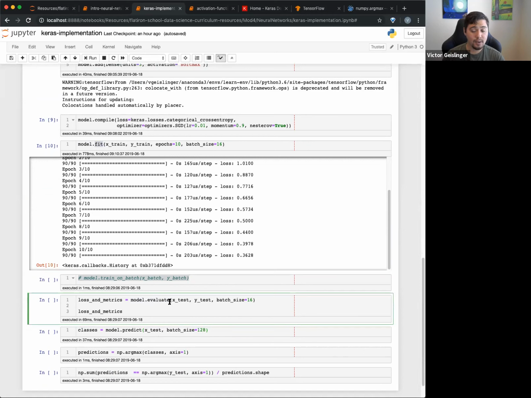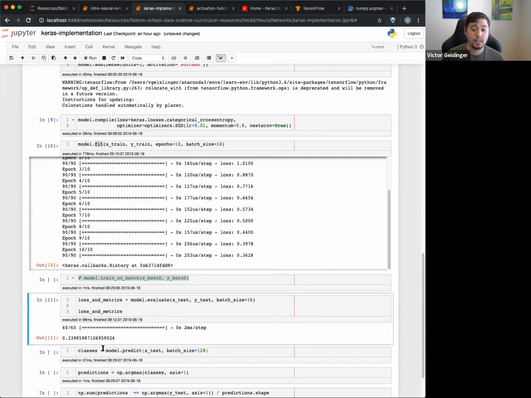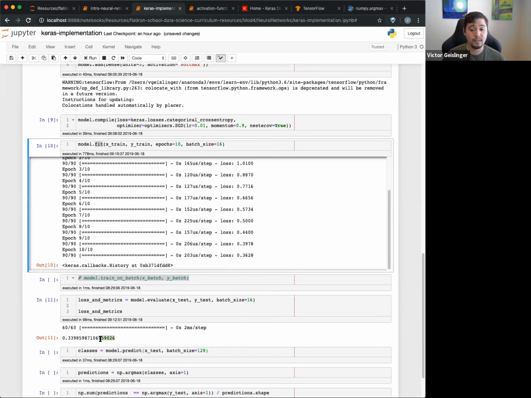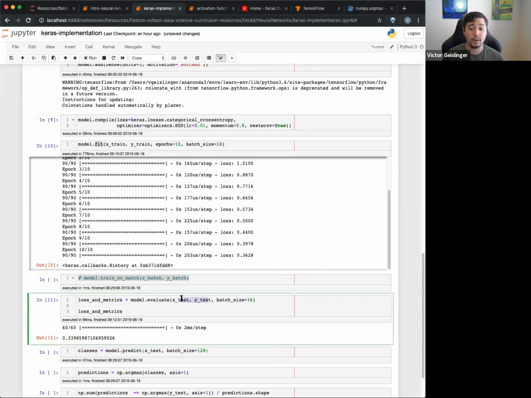So we can actually evaluate, okay, how good was our model? You say, let's do the X test, Y test. You can specify batch size to say how much of the data you want to use to do a quick loss metric. And you can see here, we got about 0.398, which is pretty close to our actual training loss. Remember, this is from the test, data that is never seen, never trained on.